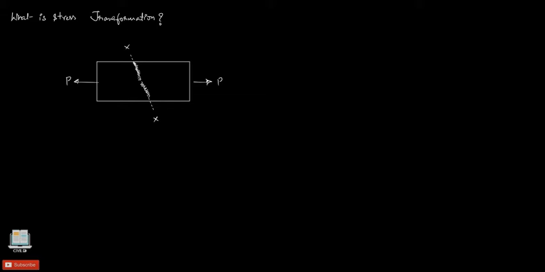Due to the application of this axial force, there is a resistance that develops within the glue to the resultant force of this axial force P. Now we need to know whether this glue is able to resist the resultant force of this axial force P or not. In order to know this, we rotate or transform this cross section.